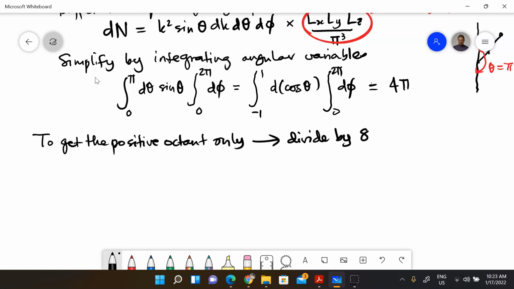So this 4 pi divided by 8 is going to give you pi over 2. And then go back to that dn thing. This will give you